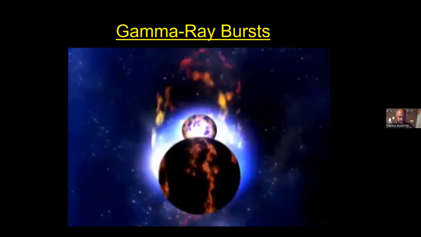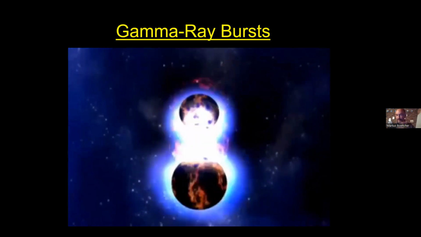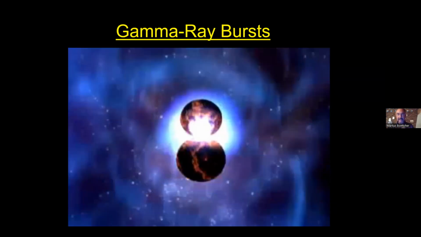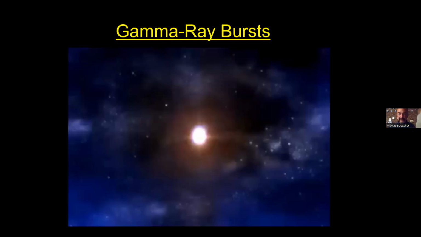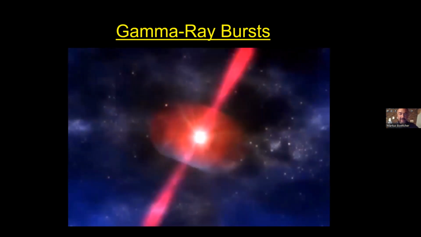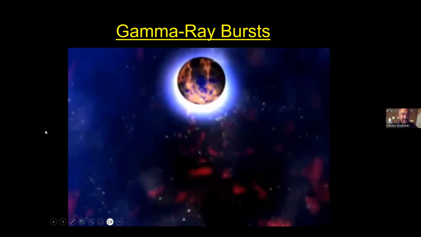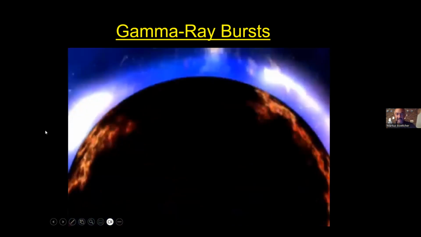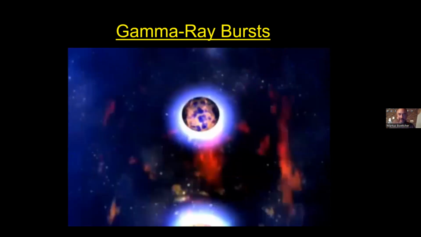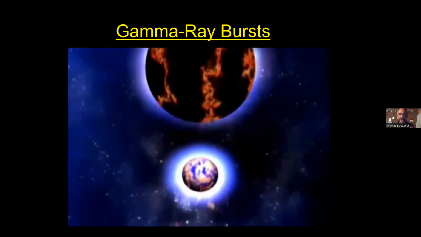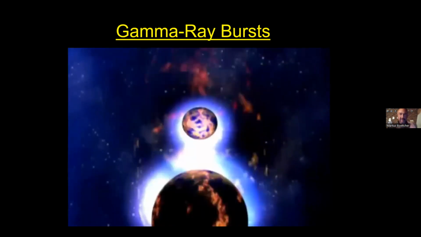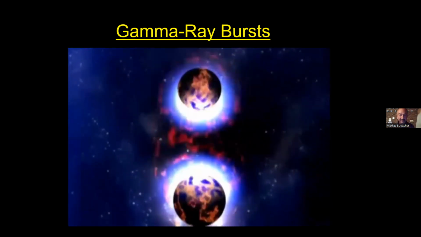So interactions of merging of two neutron stars or two black holes are the prime candidates of sources of gravitational waves. And it has long been speculated that gamma ray bursts are produced by these mergers, and they should be associated with gravitational waves from exactly this same merging event.